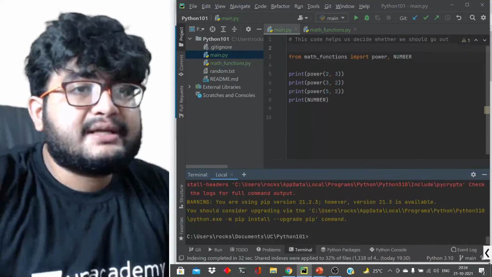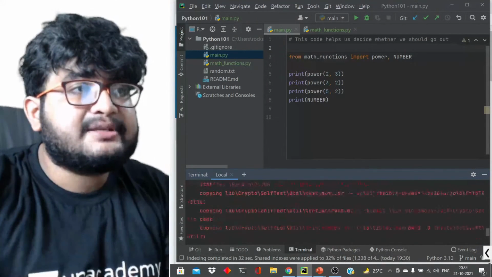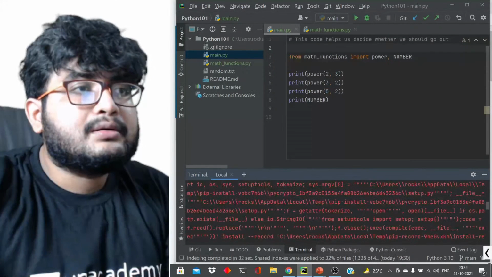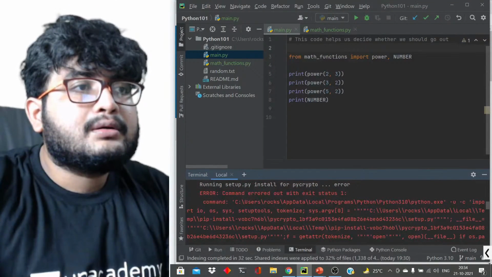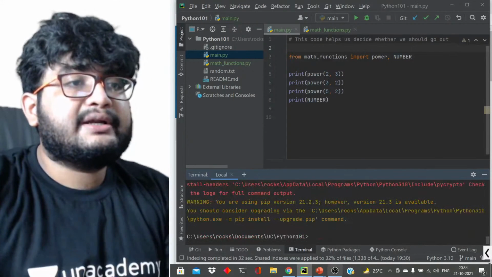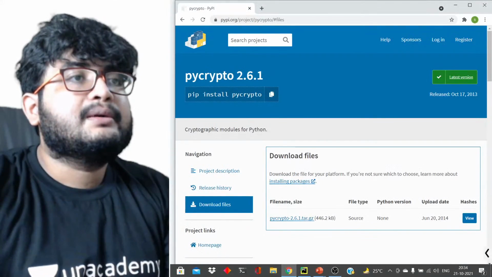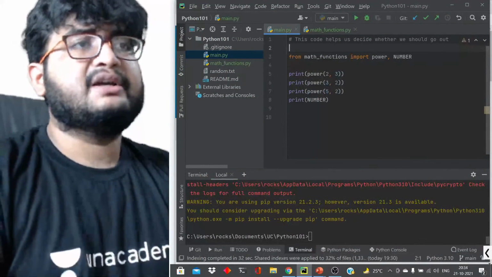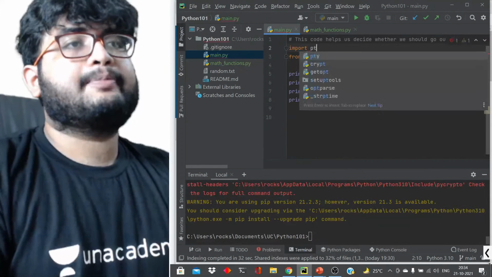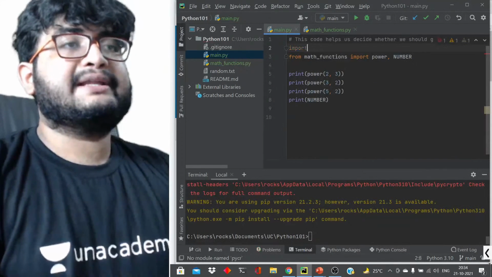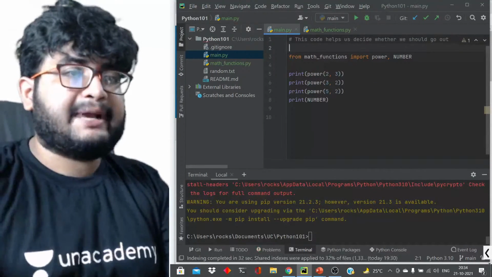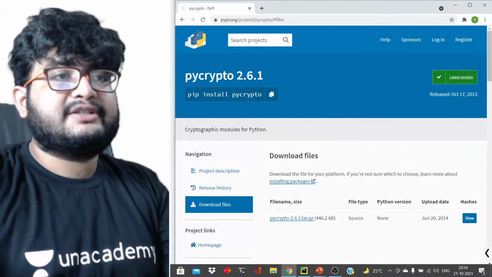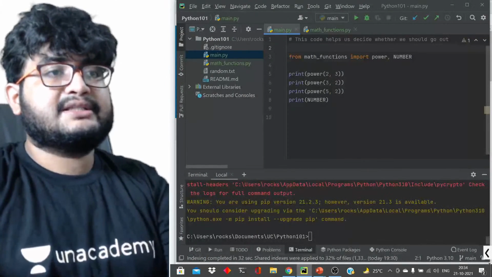Okay, it has failed for some reason, maybe. Command exited with something. PyCrypto. Okay. Do we have available? Okay, let's see. Import PyCrypto. Okay, it is not available. Maybe it's breaking somewhere in Python 10. Not sure. Okay, it is for Python 10. Is it for Python 10? Not sure. Let's just copy and paste.